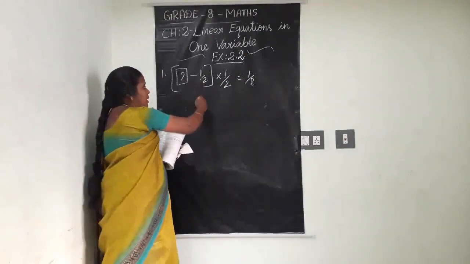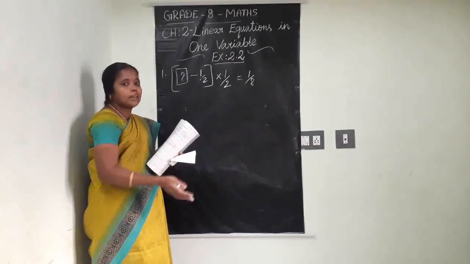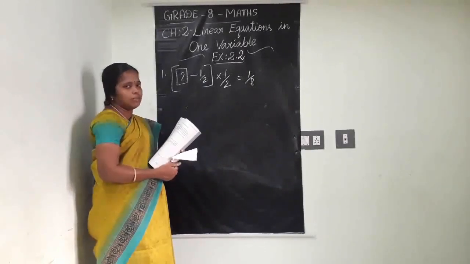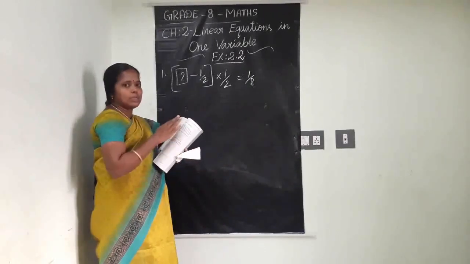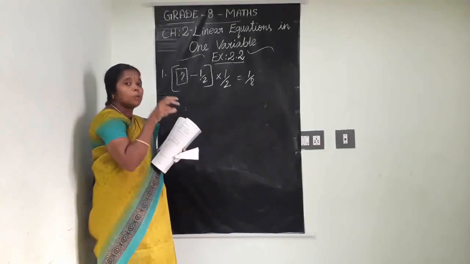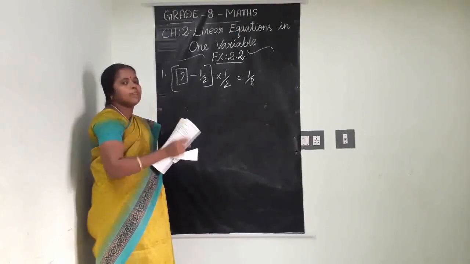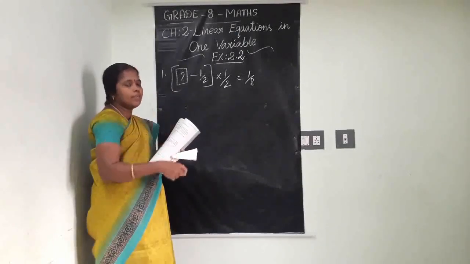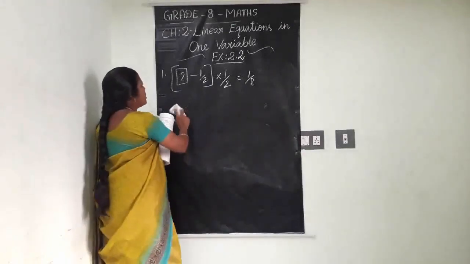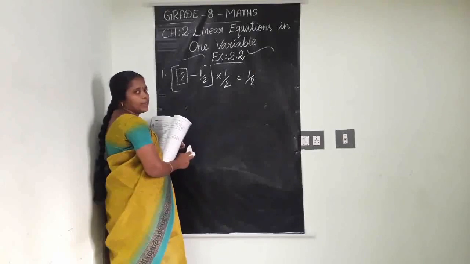We have to set up the equation first of all. In the previous exercise, equations were given directly. We solved them. Here, application based. Clear? Like a statement. We have to understand the problem, in which way they are telling. So based on this, we have to set up the equations first and then we have to solve. Clear, children? So here, on this basis, you have to form an equation. Clear?